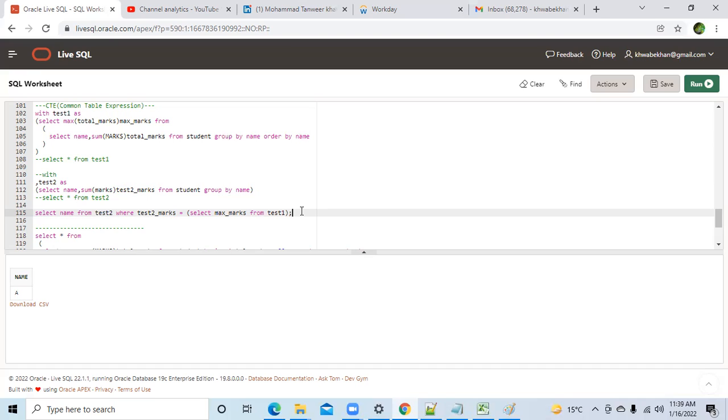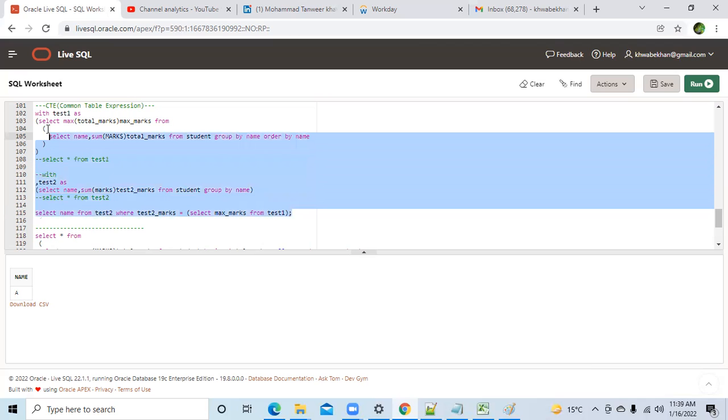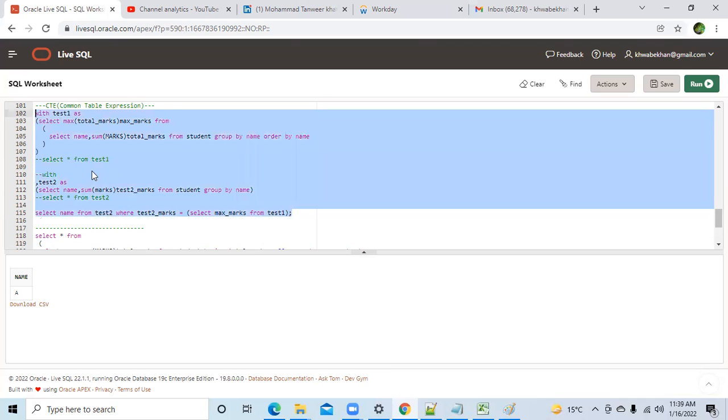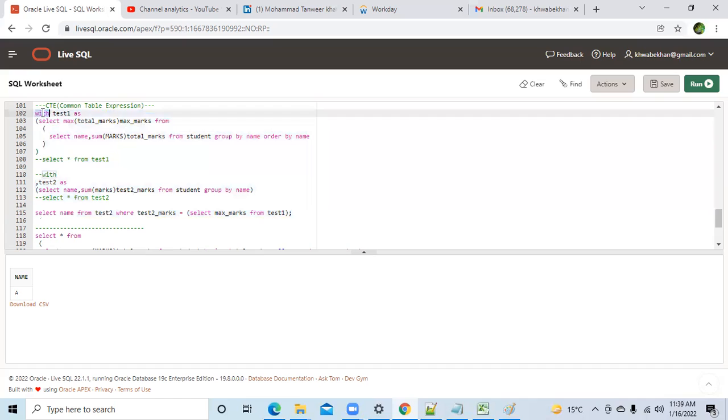Why have I commented out this with? I will tell you. See, now I have to execute this entire query in a single go. Now this is the syntax: if you have used with once, then you should not use with again, because from this with only, SQL will understand that the user is using a CTE expression. So they give you the freedom that you don't need to use with again, just give a comma and write the bucket name. So that's why I've removed this with. That's the purpose.